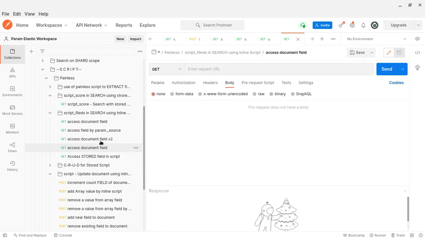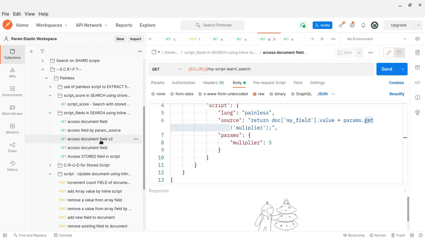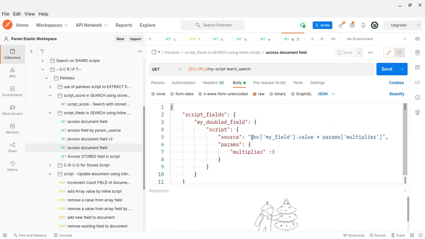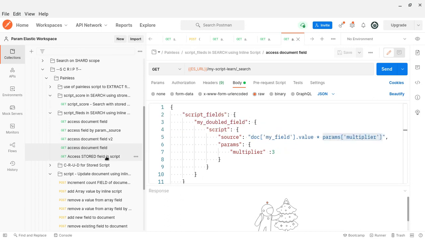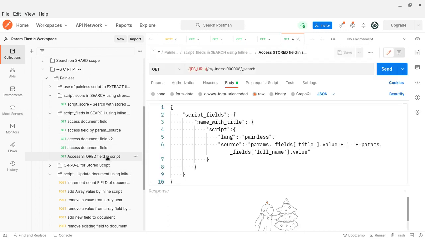This is a very big, descriptive, verbose syntax. The shorter version you can see is our short syntax. This is the short syntax, params within the param. Otherwise it would be param dot get something like that. This is the shortened notation of V2. That's it. This is the more verbose syntax, and this is the shortened syntax. Then stored field.